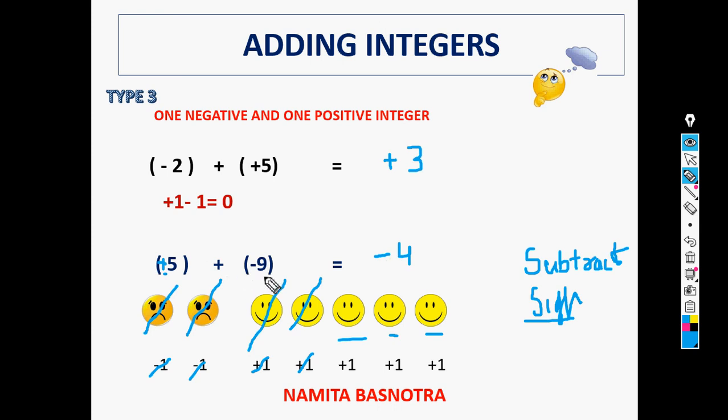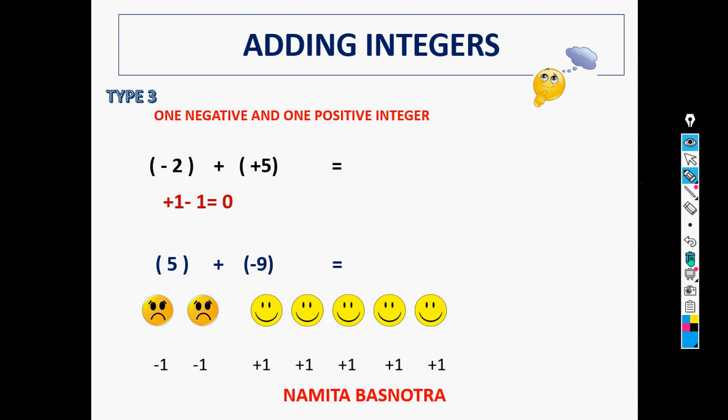This is how you choose which sign is going to come over here. Simple. So you have to do two things. One is you subtract these two numbers, only the numbers, avoiding the signs. So 9 minus 5 is 4. And then you see which number is greater, not the integer. I'll say 9, which is more than 5, because the majority wins. In elections also, the party which gets the maximum votes wins. So here also the majority is going to win. The majority is of negative numbers, so the answer will be negative. Negative numbers will be left after cancelling. This is how the concept goes. So let me clear the screen and go to the next.